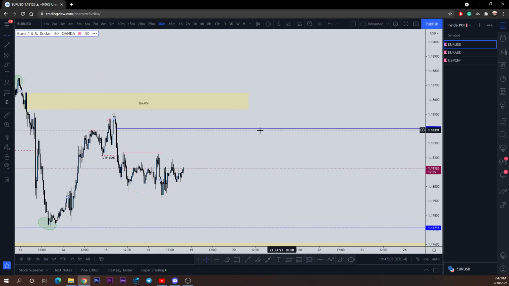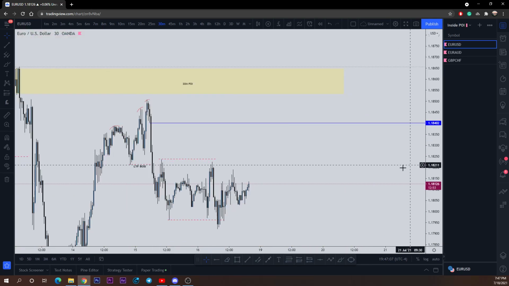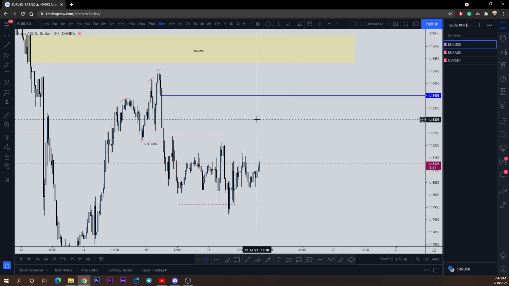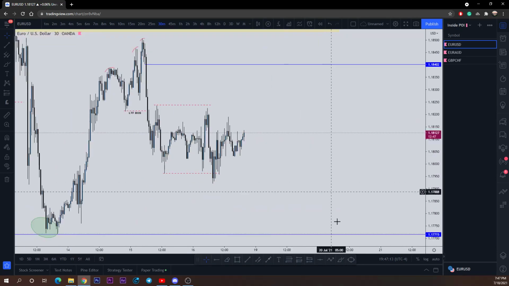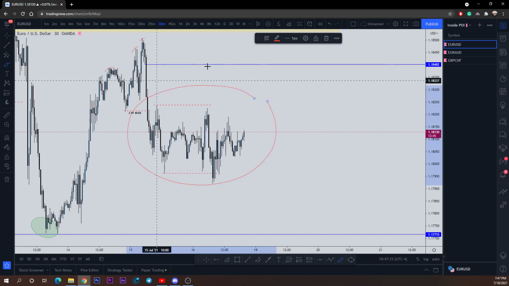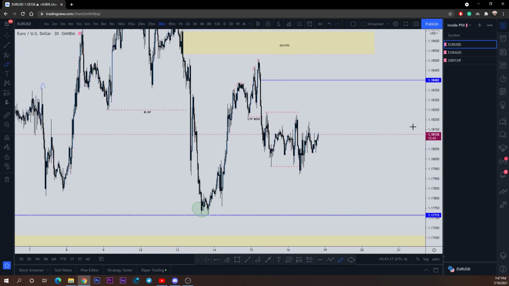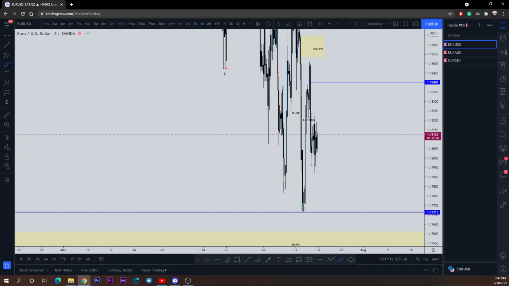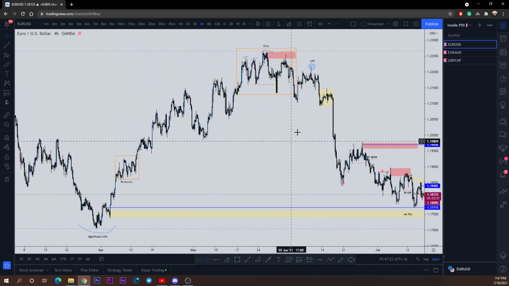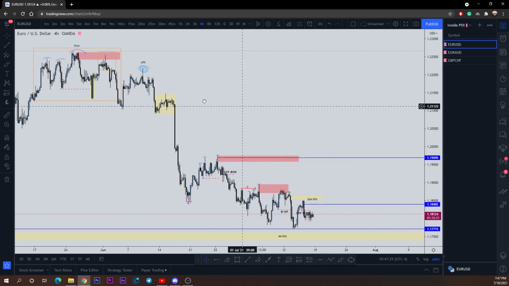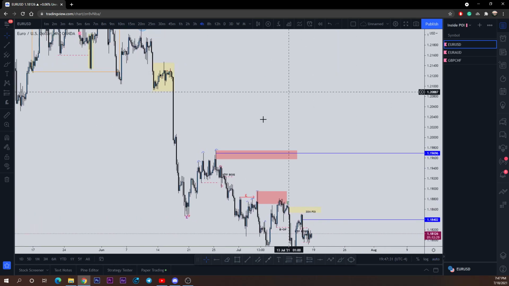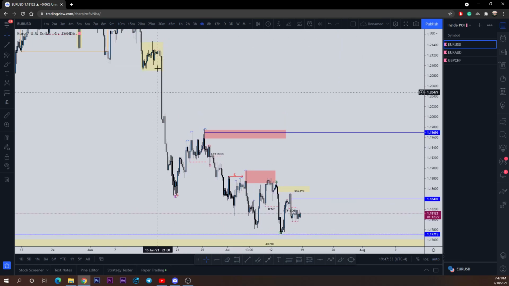We're gonna be looking at Euro USD. What I've seen so far, I see this accumulation that's gonna form. Before I even go into that, let me zoom out real quick for you guys. All right, so we're gonna go on the 4-hour time frame. As we know, I showed in the video previously, Euro USD did distribute up here, and we've been on a downtrend ever since. One thing that I am seeing is that this inefficiency here, this imbalance here, has never